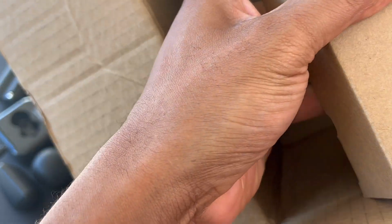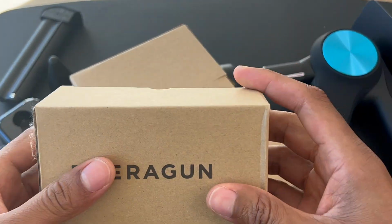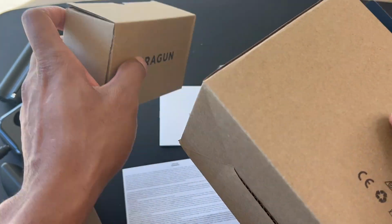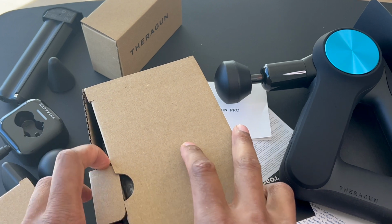And here goes this right here. And so here is a couple of parts. I'm not sure exactly what's going on here, but we're gonna mess around and find out. All right, so